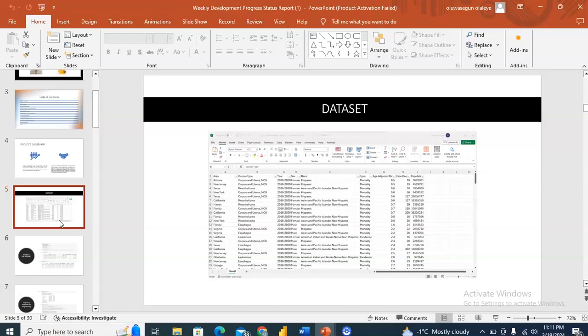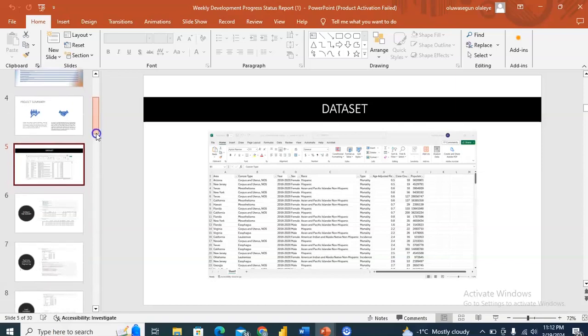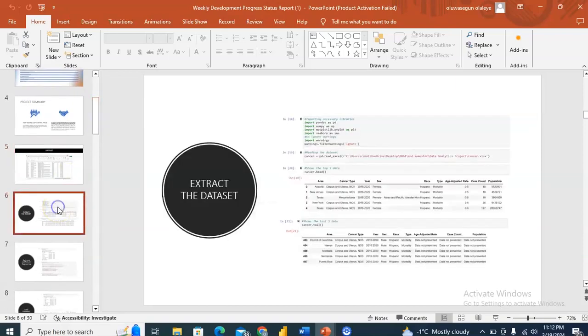Here's the data set. We got this data set. It's a cancer type data set. It has about 8 variables that contain the area, the cancer type, year, sex, race, and case count, population, and all of that. So this is basically the data set we have been using in this project to gather the insights we can. So we extracted the data set, and